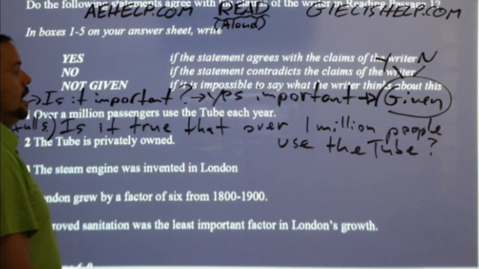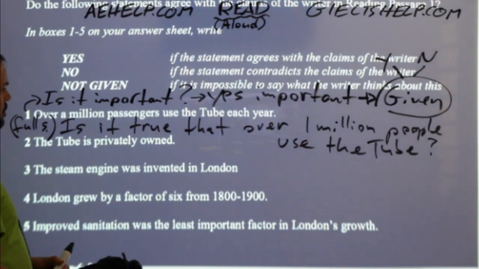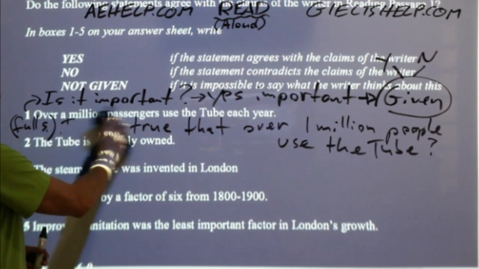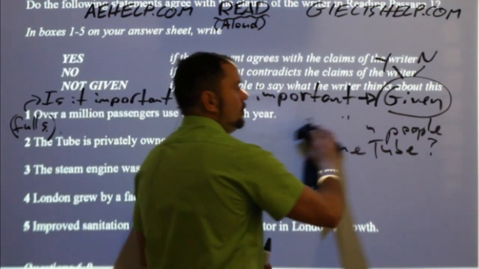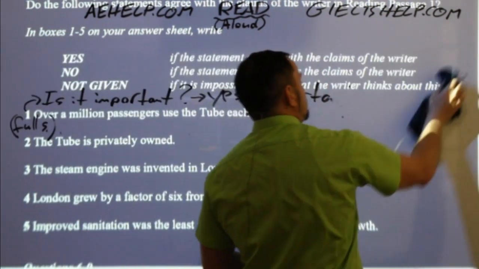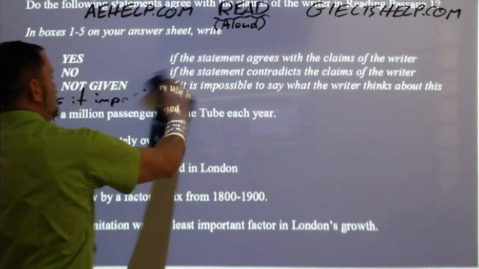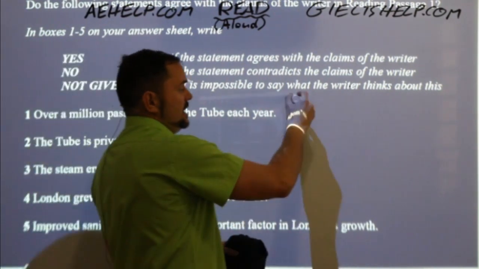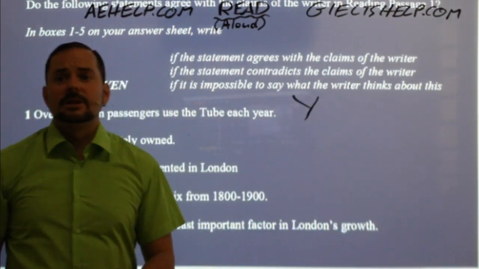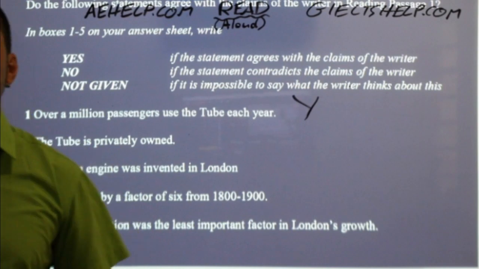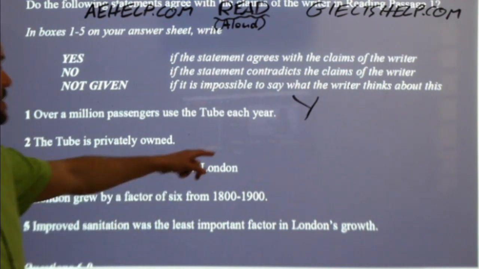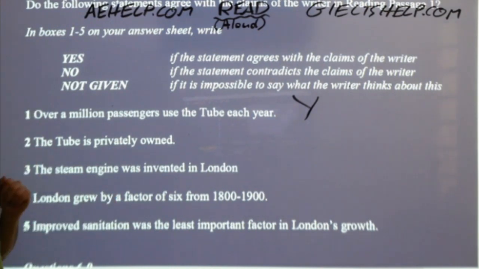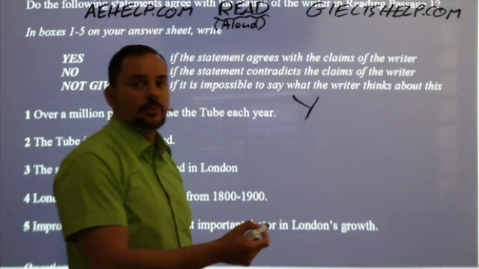So in British English, I believe it's 100 million. So here we go. The answer then is yes, it's true. So figure out if it's yes or no, and then figure out the answer. Here we know that it is yes, of course, because 1.3 billion is more than 1 million. So your answer is yes. You just put the big letter Y in your answer sheet for 1, and you got this correct.